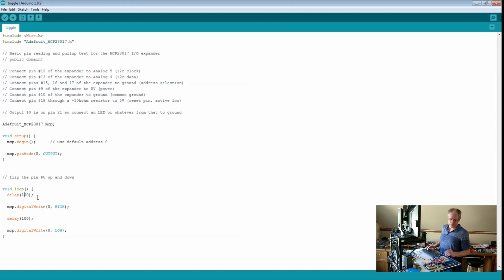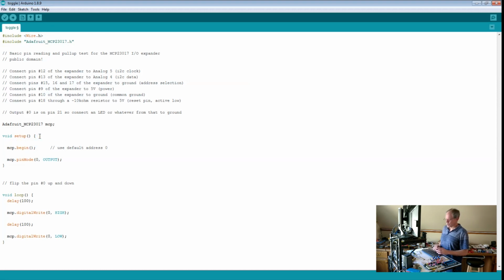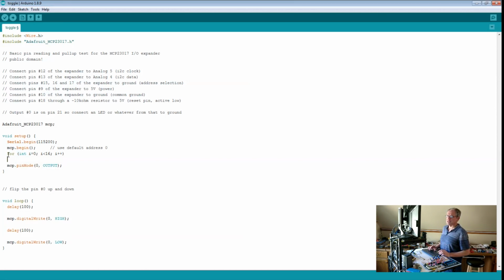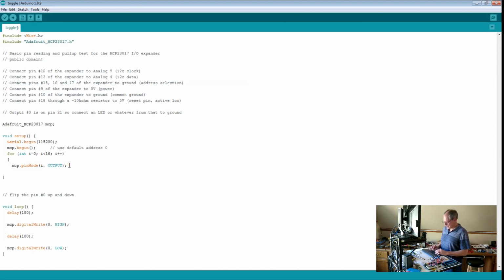Of course, for testing the board that's not good enough. We want to have a solution that cycles through all 16 relays. So let's make a few changes here. First, I want to be able to print out something, so I initialize my serial port, and then I do a for loop to initialize the pins. So I do a structure that cycles through all 16 pins. And what I do in that structure, first I initialize the pin. Of course now it's pin I, I make it an output, and then in the next step I set an initial value